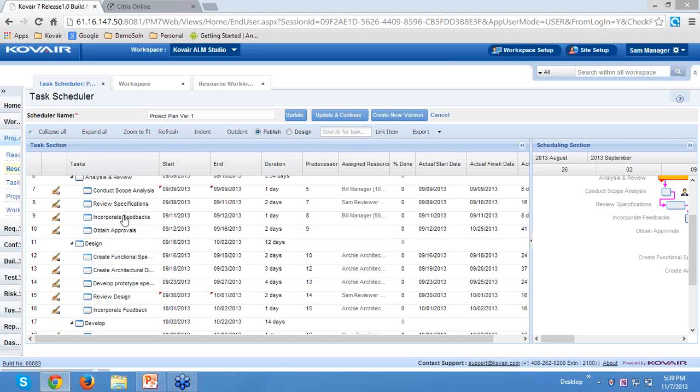Now with this plan, you can export it to MS Project as well as import it from MS Project. And not only MS Project, you can export it to Excel or in PDF format for sharing with your management also. This plan also has a unique feature which we call